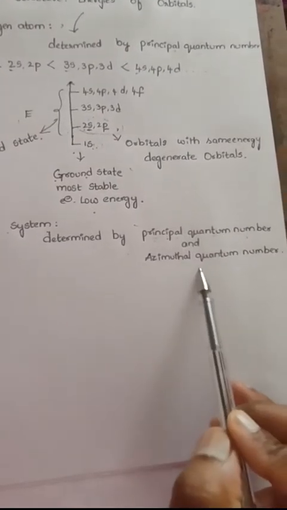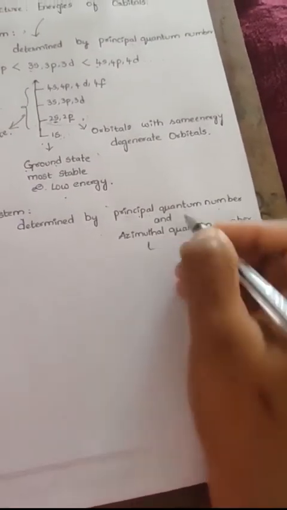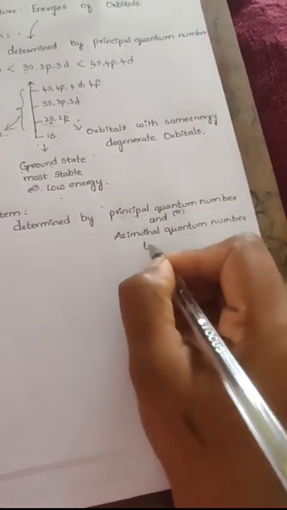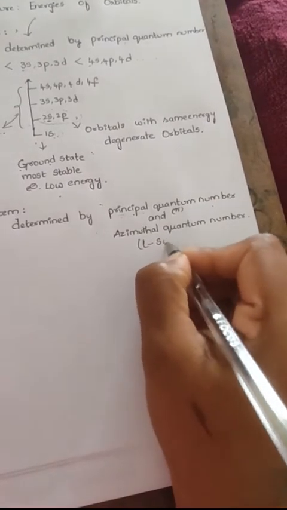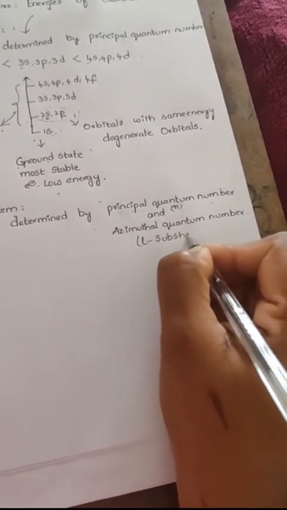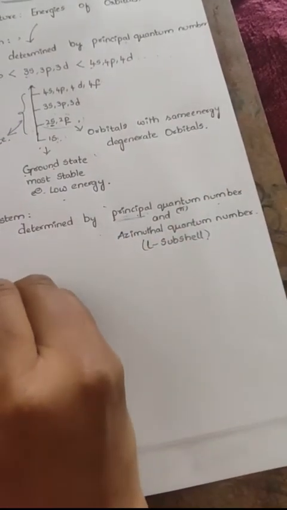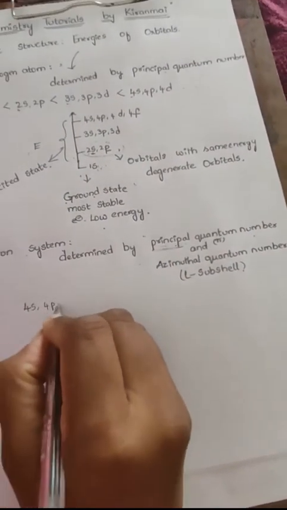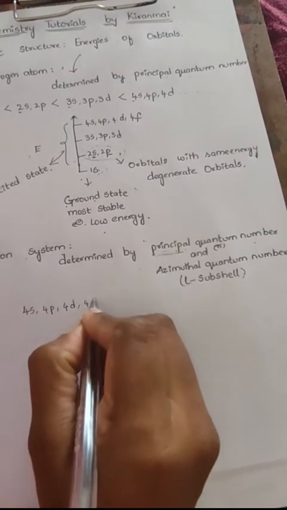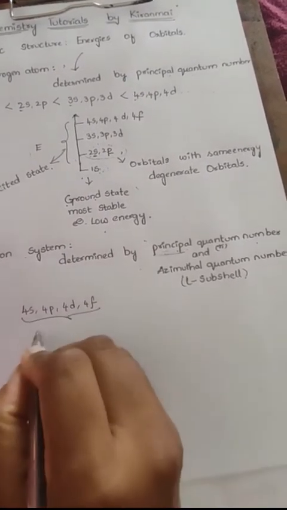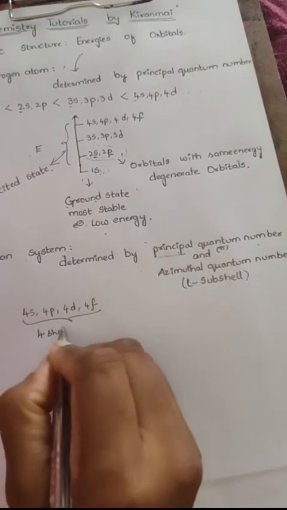But the azimuthal quantum number l tells us about the subshell. So for a given principal quantum number, for example 4s, 4p, 4d, 4f orbitals, meaning 4 shell orbitals,